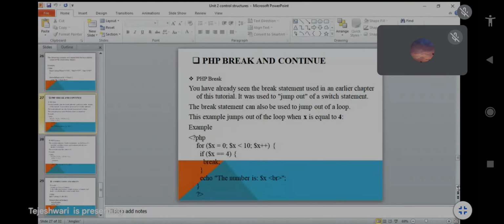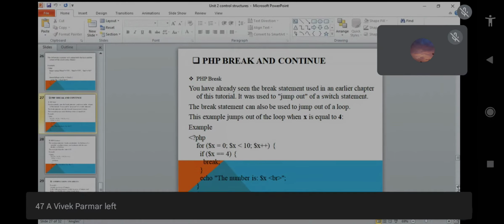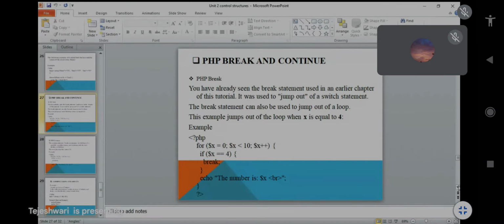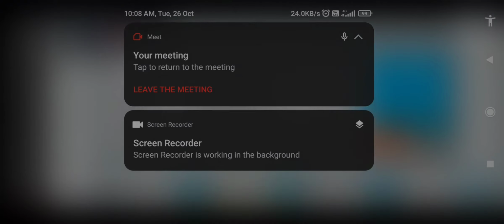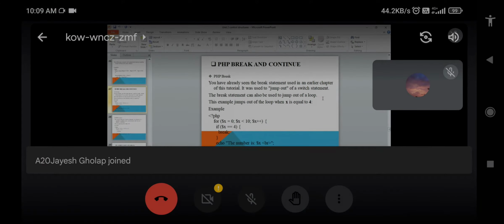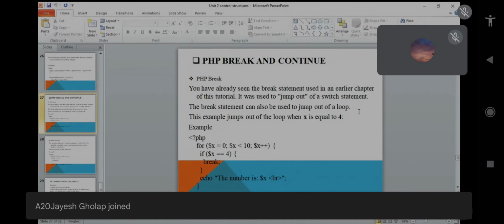So one by one, see the full example of break and continue for all loops. Okay, so start with break and continue. We can also use the break and continue statements in the program. First we will see the PHP break. So the PHP break statement is a jump statement. We know about the...